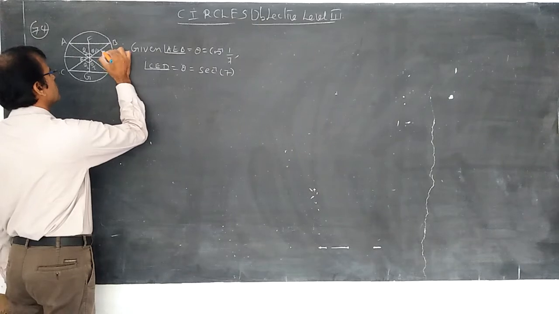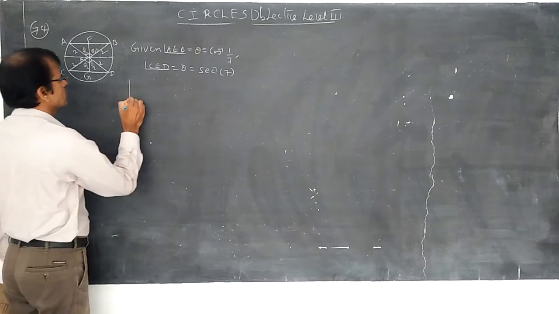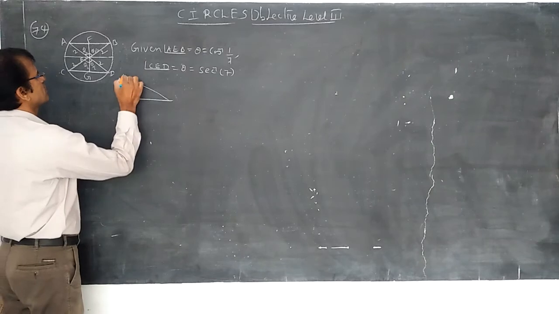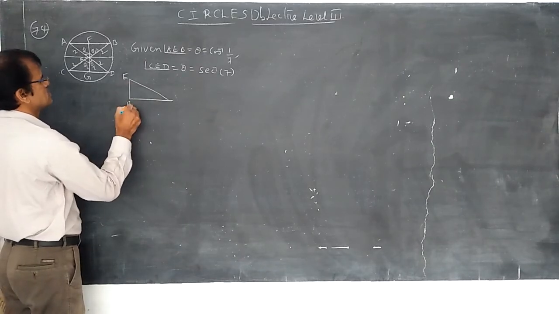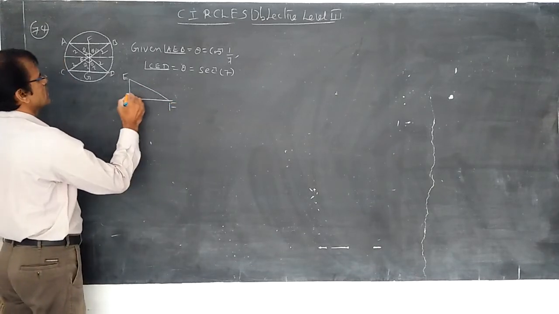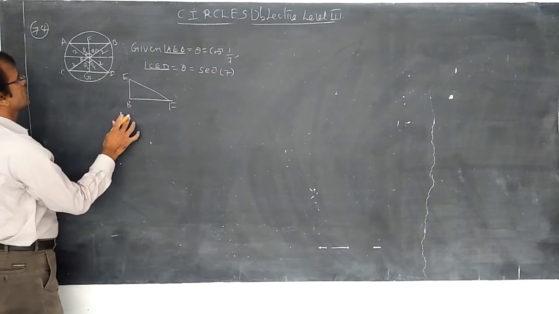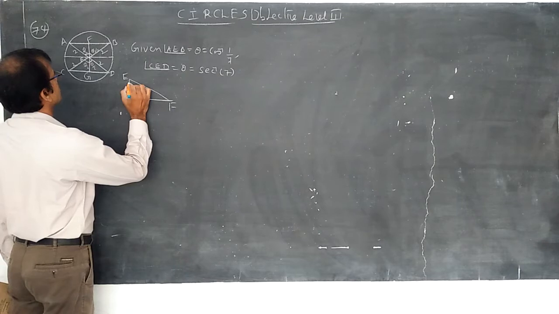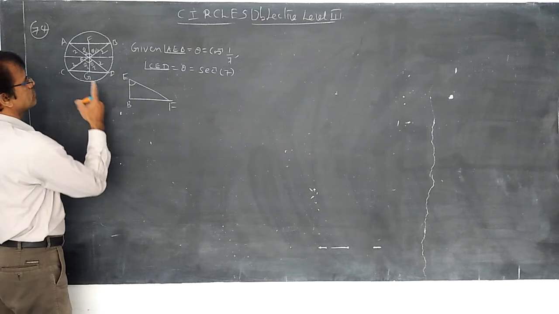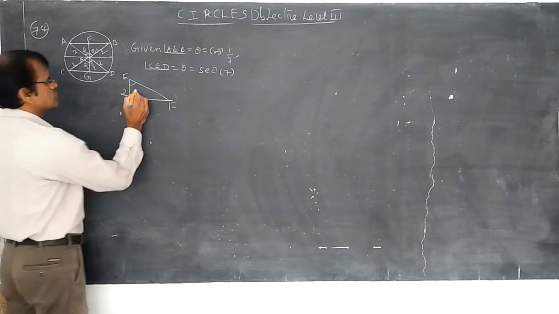The diameter is 4, so the radius is 2. This is 2, this is 2, this is 2. Let us draw the diagram like this. Put here E, this is B, this is F. Here BE, angle at B, theta by 2 in BEF. BE is the radius 2 and BF we don't know. That one we should calculate.